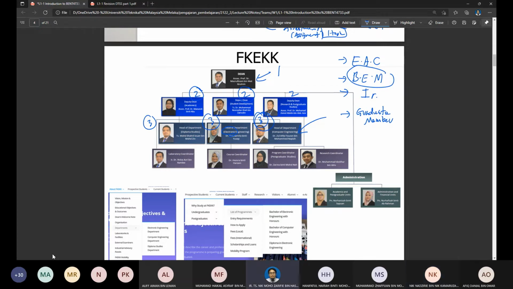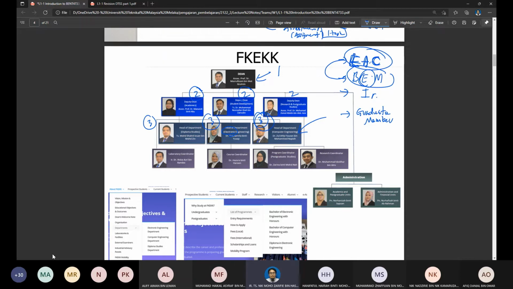Okay, all right. So basically, the Board of Engineers is the board managing all aspects of engineering in Malaysia. The body underneath BEM is called EAC. Remember, EAC is the council that visits the faculty to check the syllabus, the lecturers, students, and facilities and all that. So that would be the panel. And then